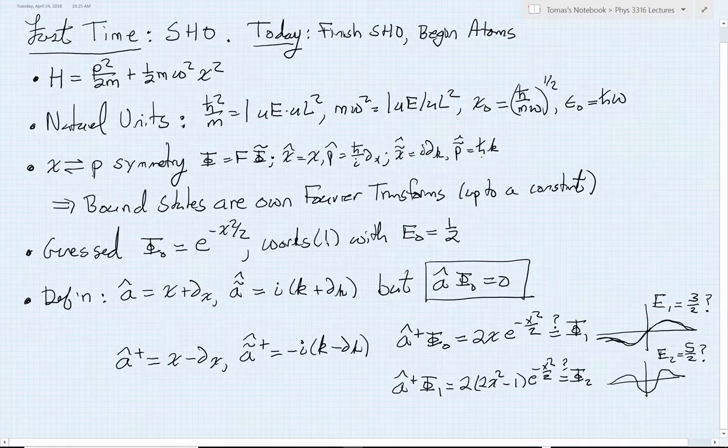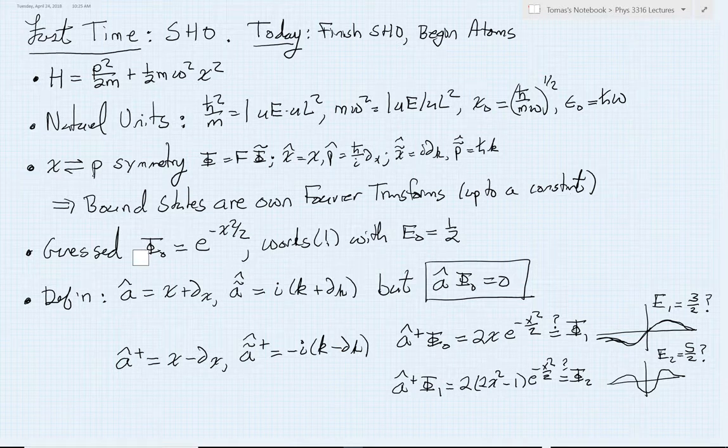By then looking at the Hamiltonian in each of these representations and realizing that it is the identical operation in both position and in momentum representation, of course, once we've moved to our natural units, we then realize that the bound states must satisfy this very tight constraint that they are their own Fourier transforms up to, of course, a possible normalization constant. Based on that information, we were then able to just guess, more or less out of thin